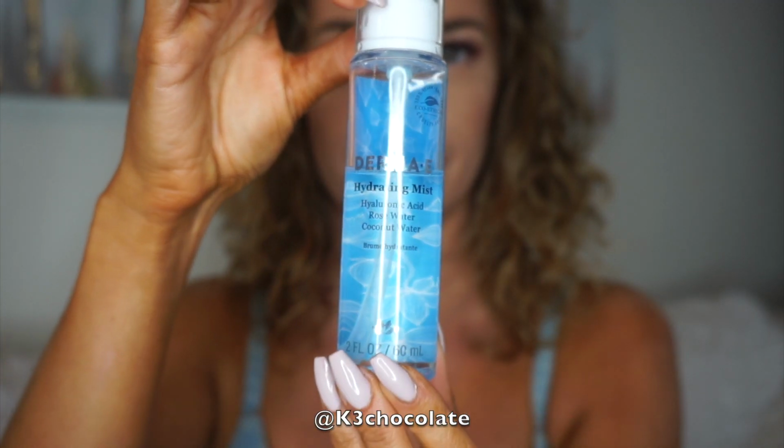And this literally feels so good on my skin, and every time I put makeup over it, I get compliments on my skin and people telling me how good my makeup looks, and it's always whenever I use this moisturizer underneath it. So now I put my makeup on and I'm going to use this hydrating mist